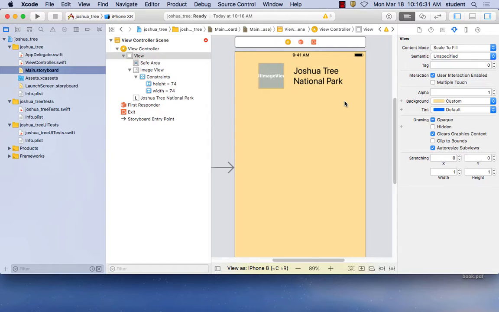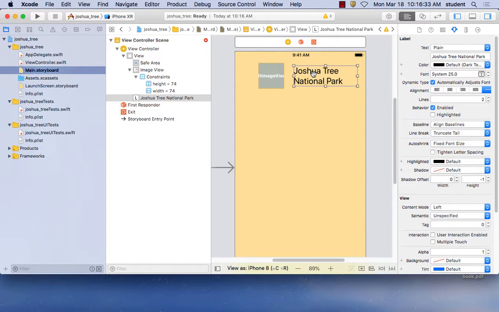So actually, the first thing I'm going to do is tell it how far away to be from the image, right? Because I want this space to stay the same between the name of the text and the image of the National Park logo. I want it to stay the same. So I'm going to give it left align. Let's just use a default. So I'm going to click on it,